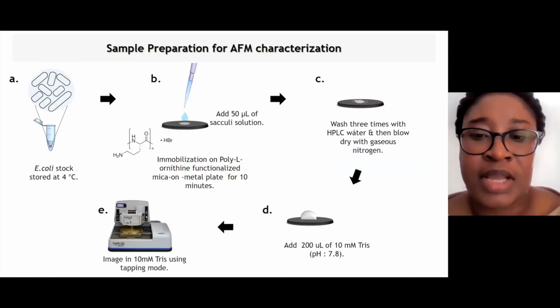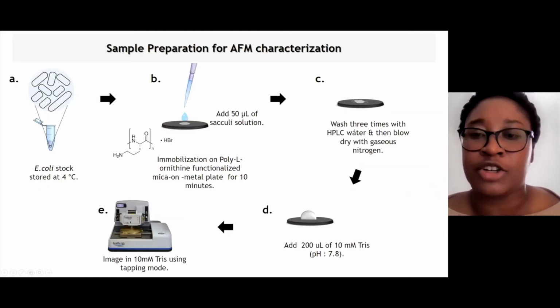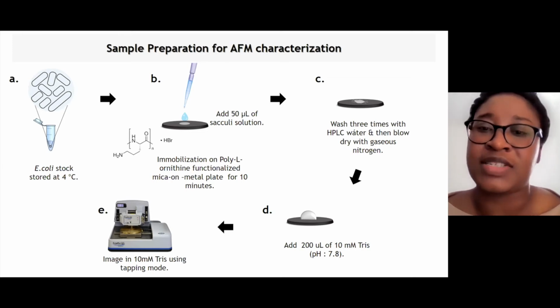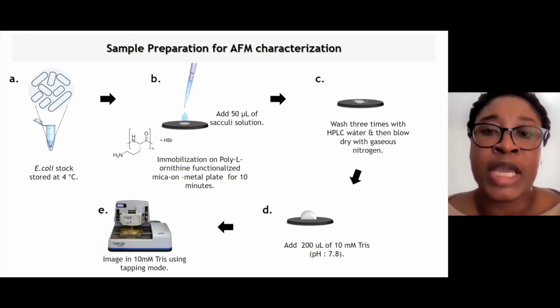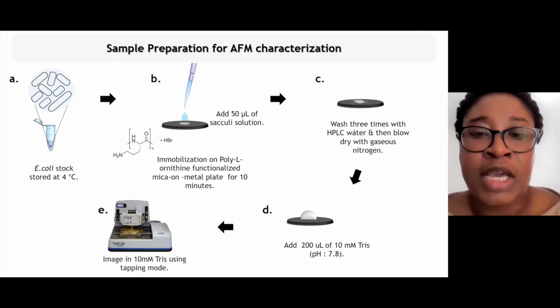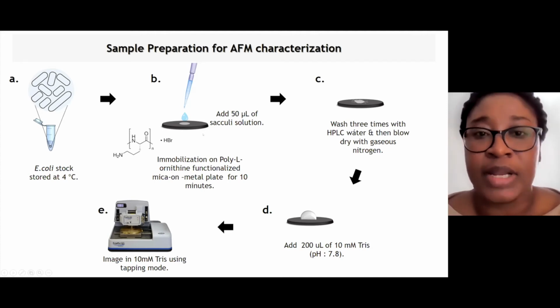Next, please. So as I said, the AFM is a surface profiler. So you cannot just have the tip in the solution and have the sample only in solution. So it's not a solution-based kind of technique. It's a surface-based technique. So you need to immobilize your sample on the surface. So in our case, we're using a mica sheet. So as soon as I have the culture from Jacob, I have to immobilize this on a mica sheet.